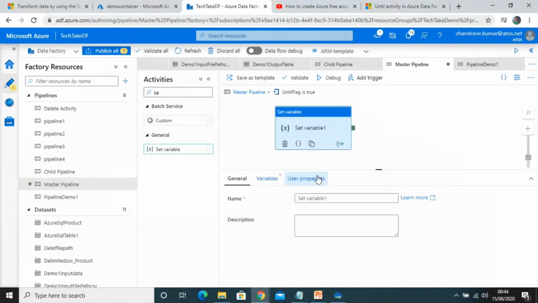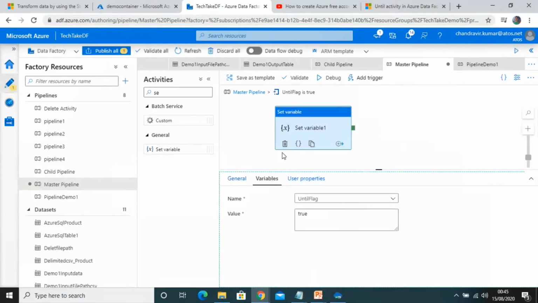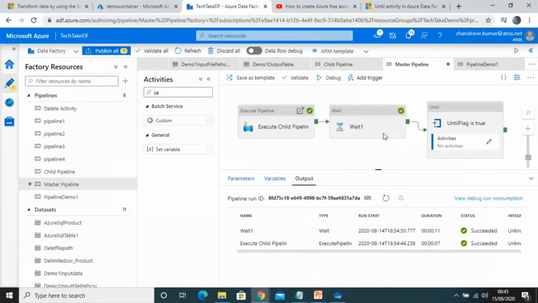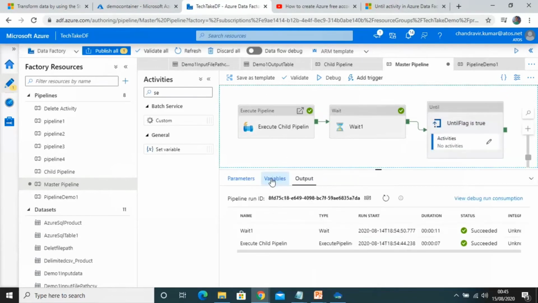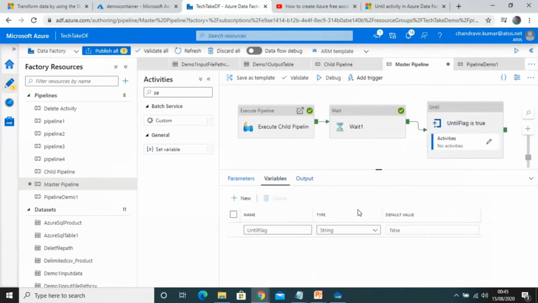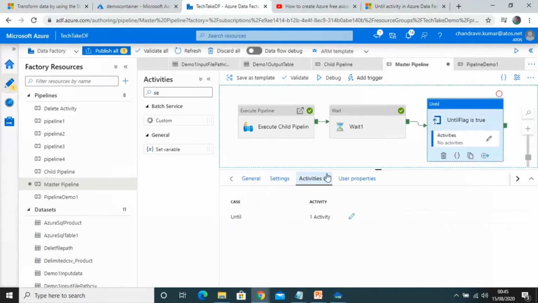So I am using a Set Variable activity, and I will use that variable, until flag. During the execution, this Set Variable activity changes our variable from false to true. If you go to the pipeline now, first time it will start with false, and during the execution it will set the variable from false to true. So in the next run it will not run again because it will already match the condition for the expression.